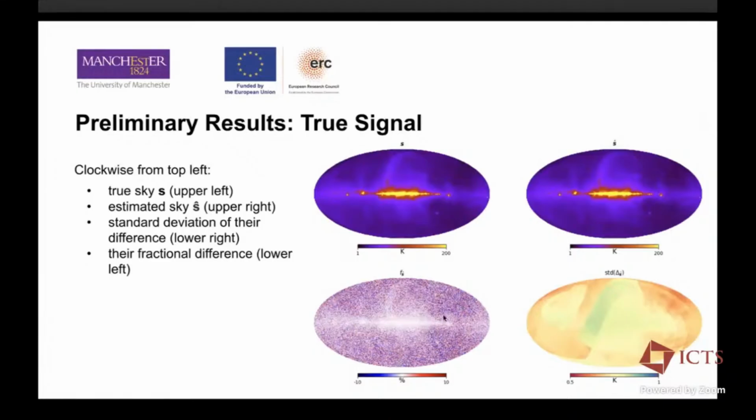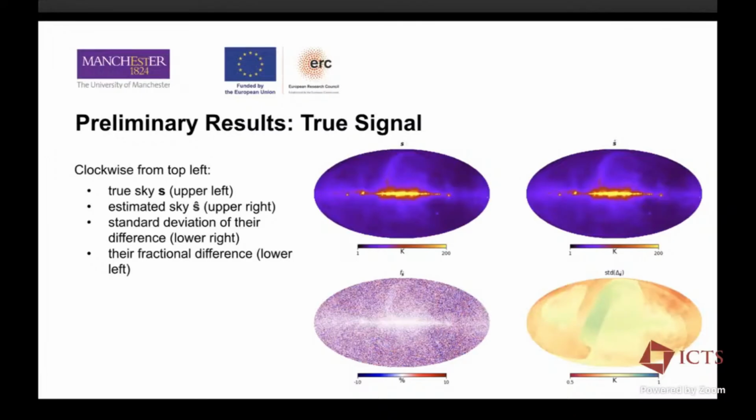The lowest difference is the same as the true gain, along the galactic plane. But for the standard deviation, the highest difference is actually along the north spur, which is also where the Effelsberg